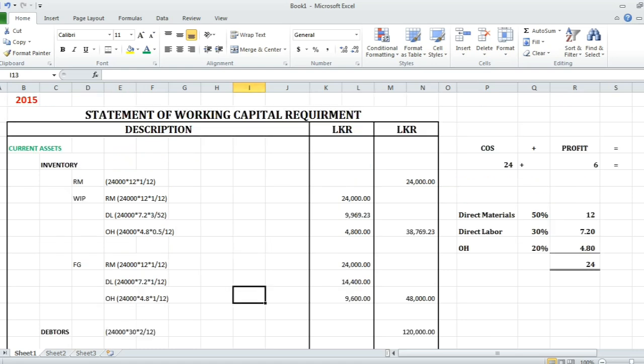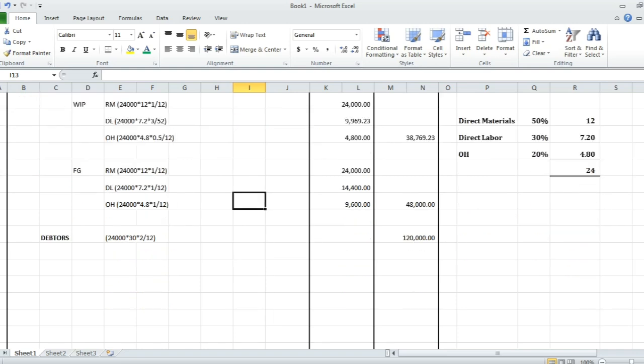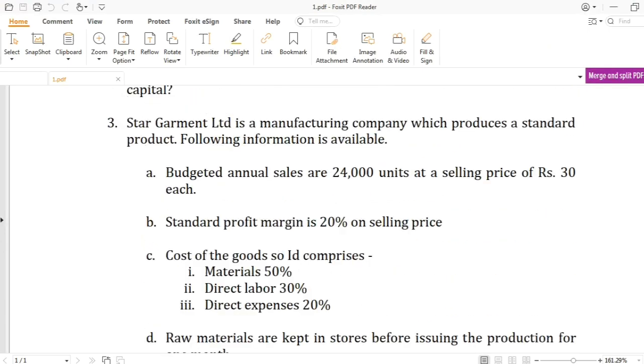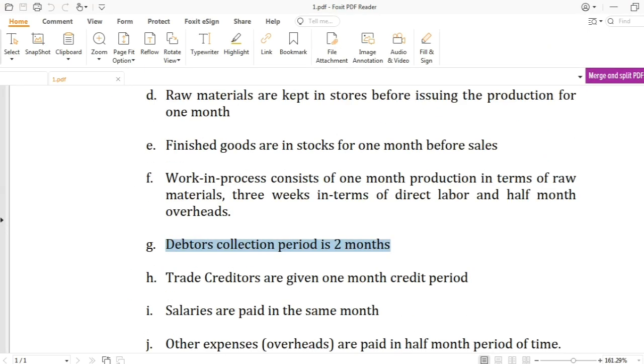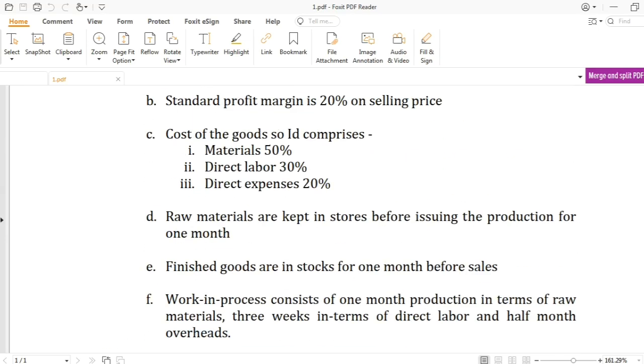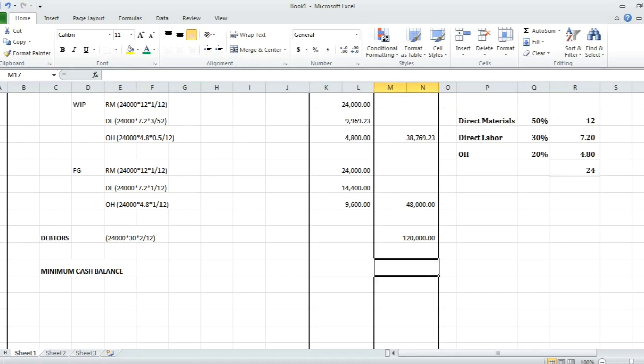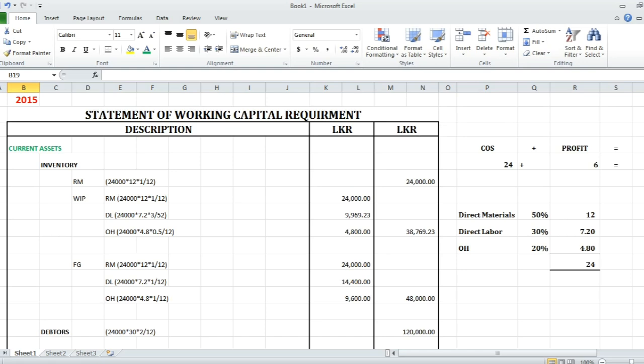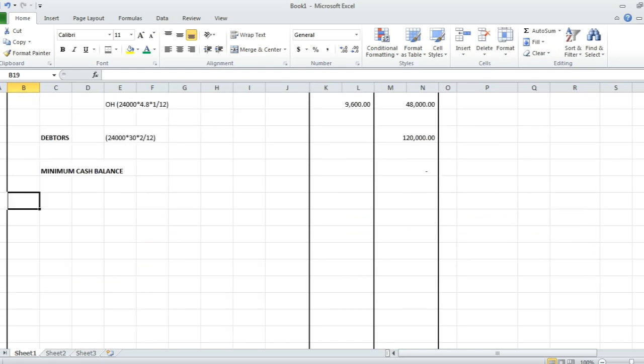So now we have found inventory and debtors, and we are going to find the minimum cash balance. As per the question, there is no cash balance, so cash balance is 0. Now we have found all the elements in the current assets. So total current assets is